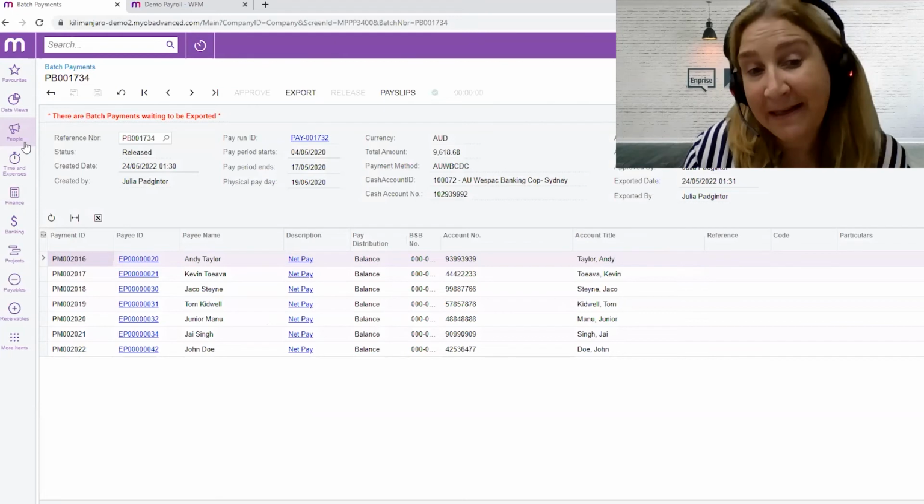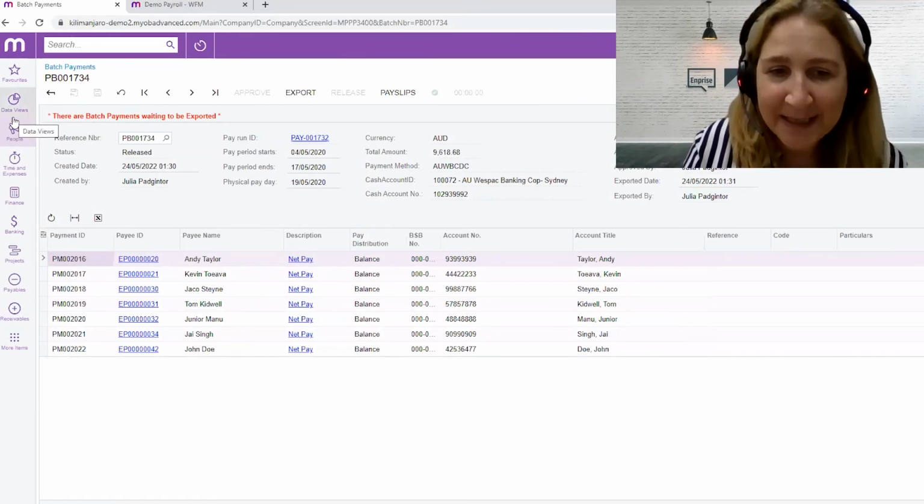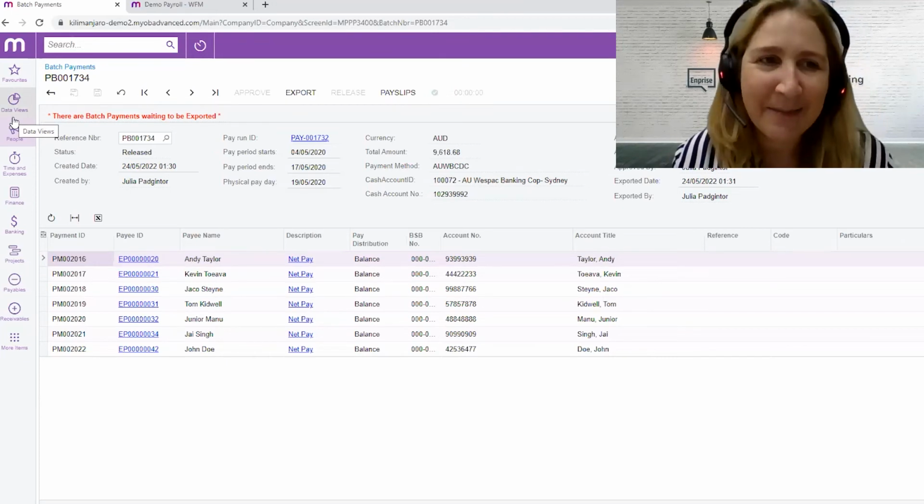At this stage, depending on what system you're using, with workforce management, the employee goes to have a look at his pay slips. He can look at his pay slips and obviously check that the money's in the bank correctly. There's a few other functions